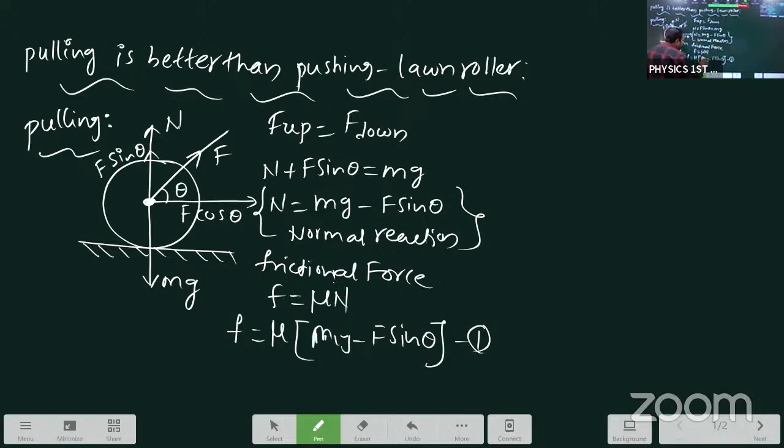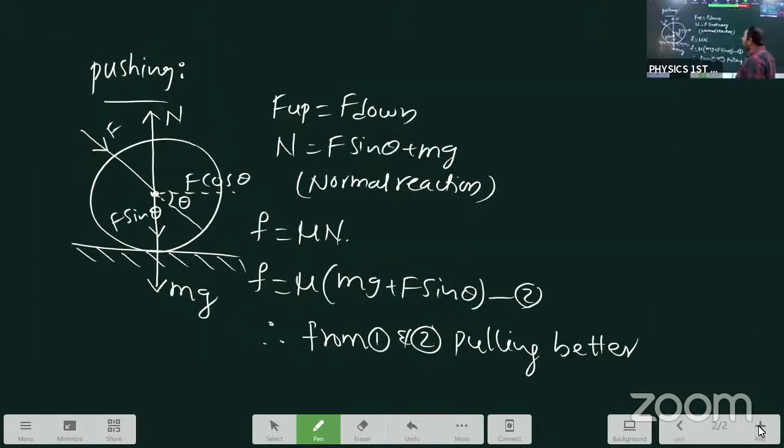Frictional force is mu into N. What is the N concept, student? From the previous step, N is mg minus F sin theta, so F equals mu into (mg minus F sin theta). This is equation number 1 in the case of pulling. Now in the case of